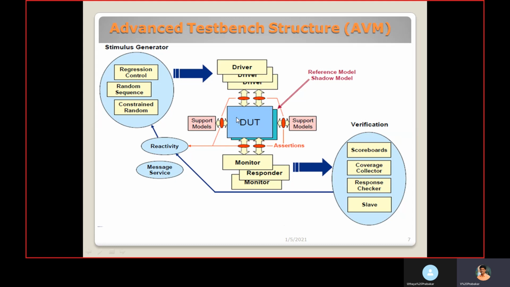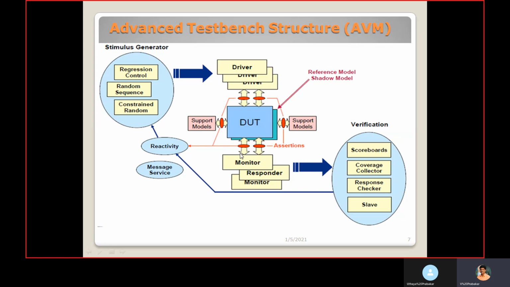For example, if we take a half adder, A and B are inputs, and sum and carry are outputs. Sum and carry I mention in the coverage collector, to check whether the combinations 0 0 output, 0 1 output, 1 0 output, 1 1 output all occur. If I get all the possible combinations of outputs for the particular inputs, that means I verified all the possible functionality of the DUT.